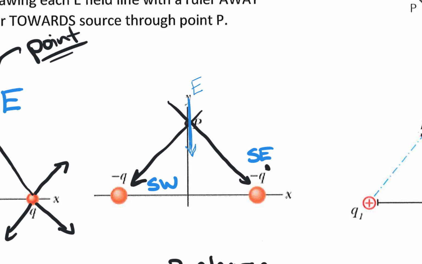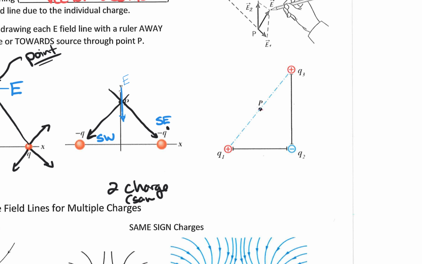And that is what happens when you have similar charges, either both positive or both negative. Okay, if you go on in physics and start examining even more complex fields,